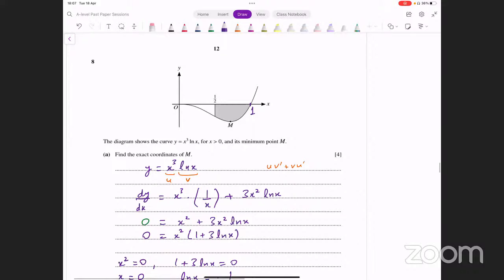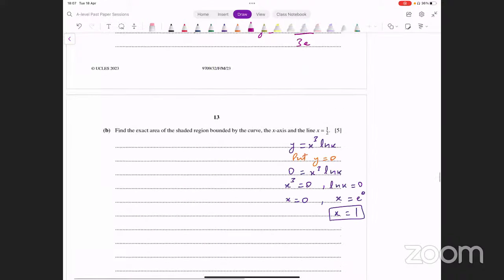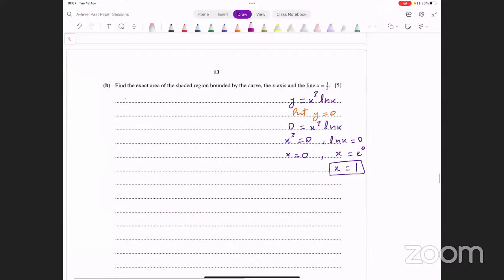This is your upper limit। जो आपकी अपर लिमिट यहाँ पर आएगी, this is 1। ये आपकी लिमिट्स है, आपको शेडेड रीजन फिगर आउट करना है, you have to integrate this with limits 1 over 2 to 1। All right, that's all you have to do now। The function that you have is y equals x cube into ln x। The area of the shaded region is going to be A equals integral of y with respect to x। Remember that's what the formula is, limits are from 1 over 2 to 1 in this case। Let's input this integral, that's x cube into